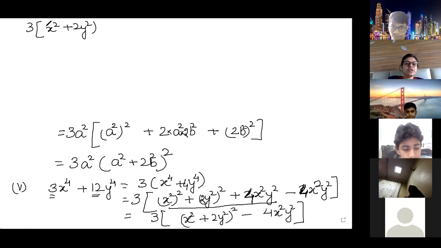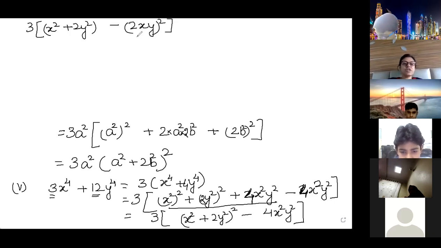This I got a square plus b square. No formula we have got for a square plus b square. So what I did, I made it into a whole square formula by just adding 4x square y square and subtracting 4x square y square. Okay, so that this first 3 terms make a whole square and you are left with this thing, 2xy whole square. Again, can we factorize it further?